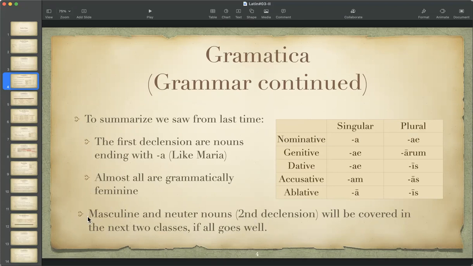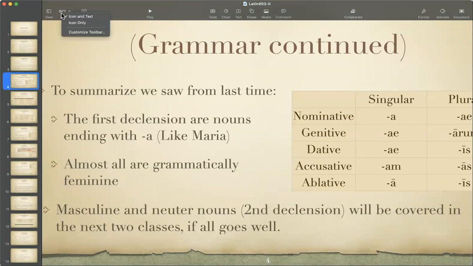We're going to hit masculine and neuter nouns in the second declension. I'll probably not in the next two classes. I think what I'll probably do for the next class, which is after Thanksgiving, is we'll march through some of the homework, and I'll talk about this at the end of class and ask what everybody wants to do. But after we get through that, then we're going to do the masculine and neuter nouns and a few other things, and then we can actually begin making some simple sentences,